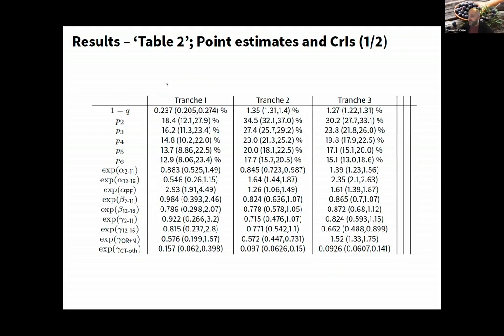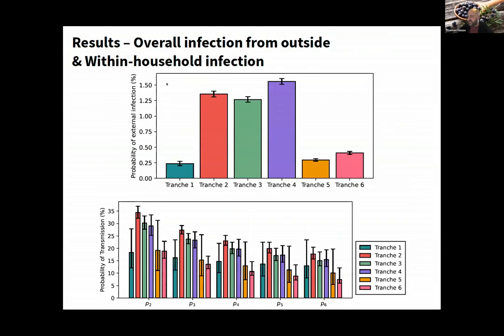Laplace approximation. So these are the point estimates, but they're easier to visualize. This first plot shows the probability of infection during the tranche. Tranche 1 is the low prevalence one, 2, 3, 4 are high prevalence, and 5 and 6 are lower prevalence again because they were after the lockdown, and while things were being kept low as Delta emerged and we got people vaccinated. And then these are the probabilities of transmission within households.